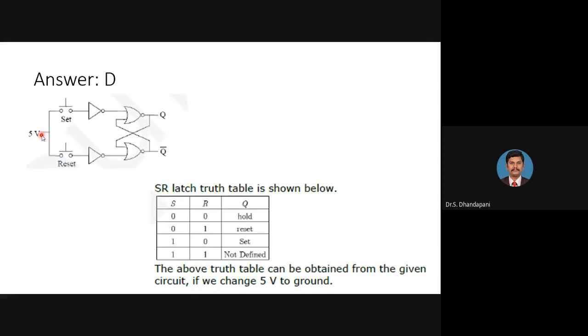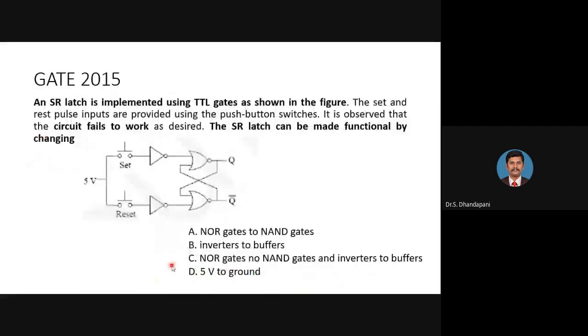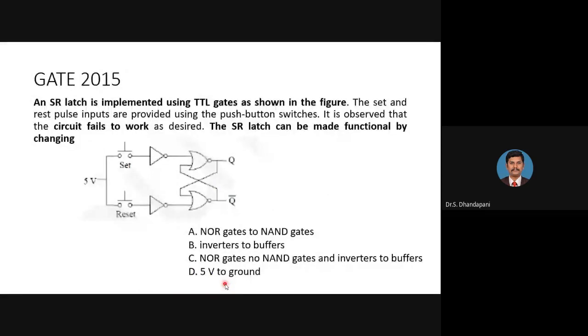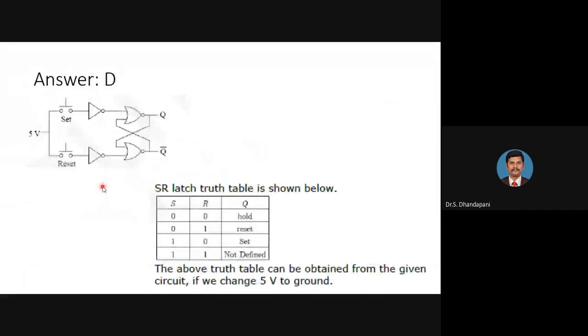In this circuit, I am giving the answer directly for the purpose of saving time. Among the options, I am discussing the 4th option directly, where we connect 5 volt to ground. Here we have connected the input as 5 volt. Suppose we connect the 5 volt to ground, that means this place is connected to ground.